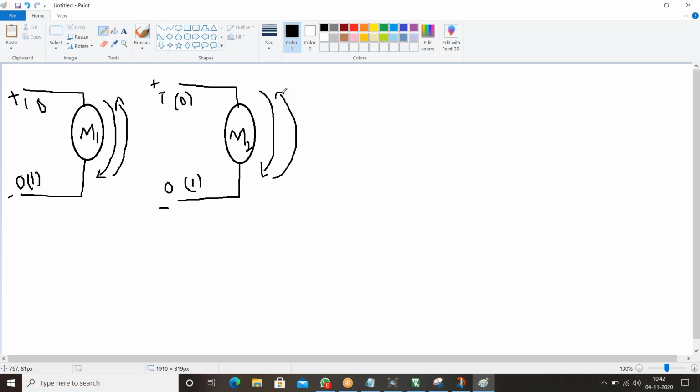How many cases can we take? How many cases here? Because we are using 2 motors, right? We can take so many cases, like these 2 motors rotate in forward direction, or these 2 motors rotate in reverse direction. Okay, one motor in forward and one motor in reverse. One motor will stop, another motor will rotate in forward or reverse. You can take so many cases. Fine.